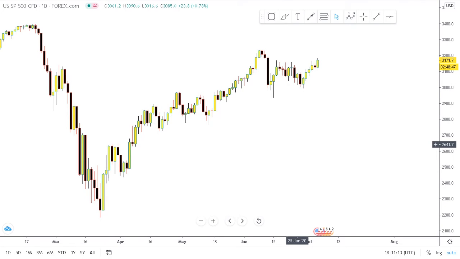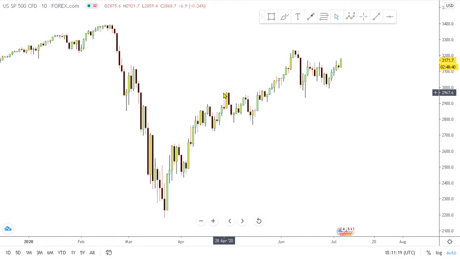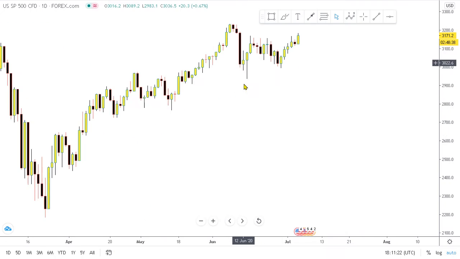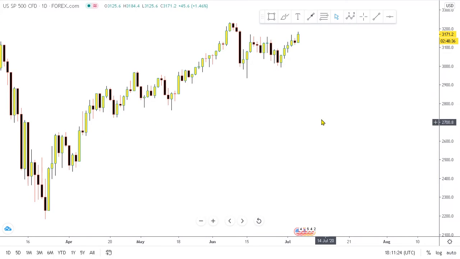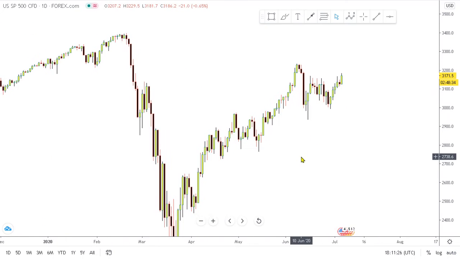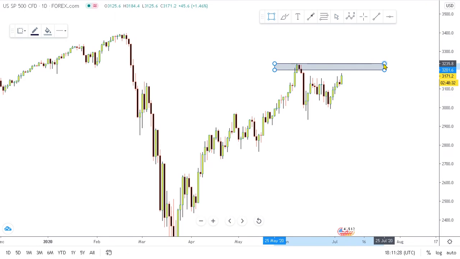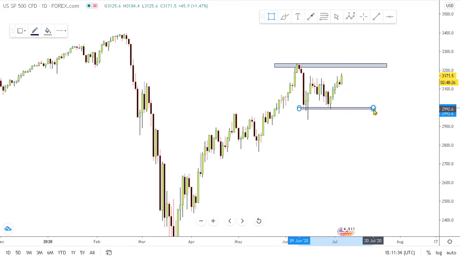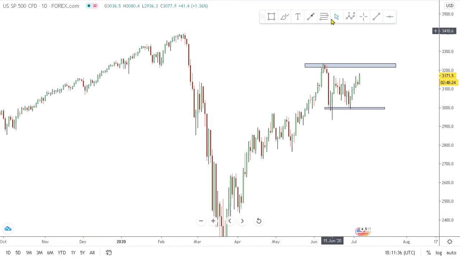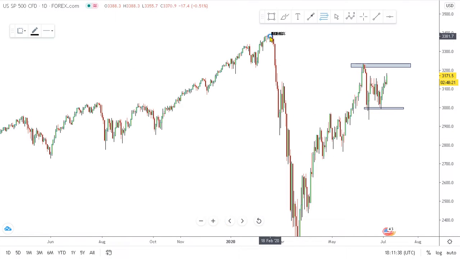In this video I'll be doing the analysis for SP500, which is SPXUSD. As you can see, this is the daily chart and the price is moving up as of now. So let me draw some support and the rejection levels. This is the main rejection I can see as of now, and it took a support from this point right there. And if you draw the retracement of this,